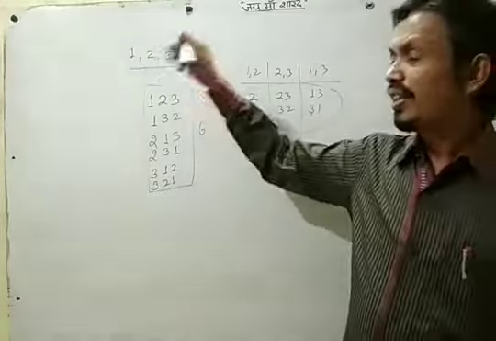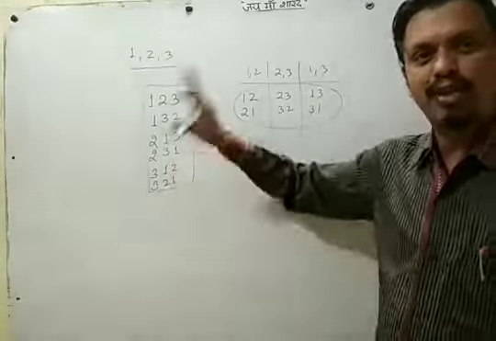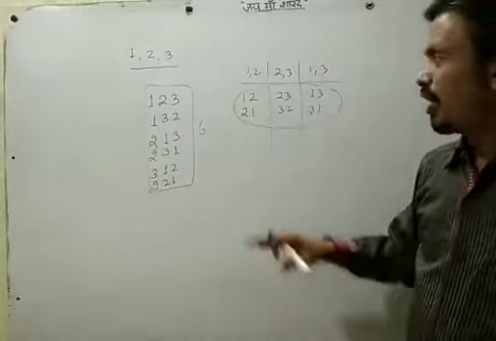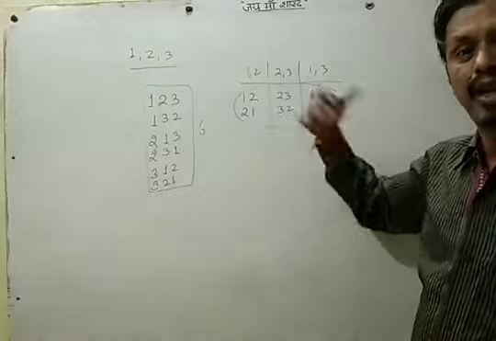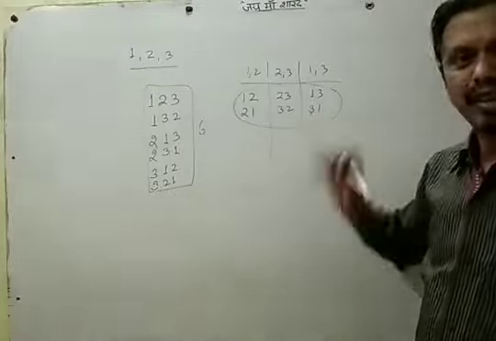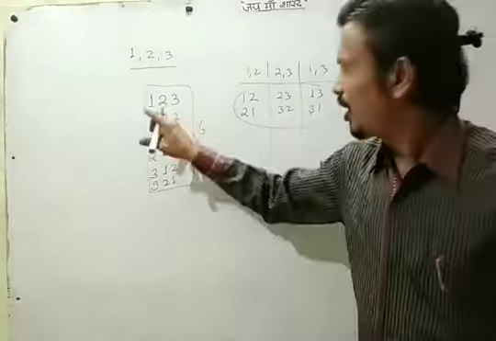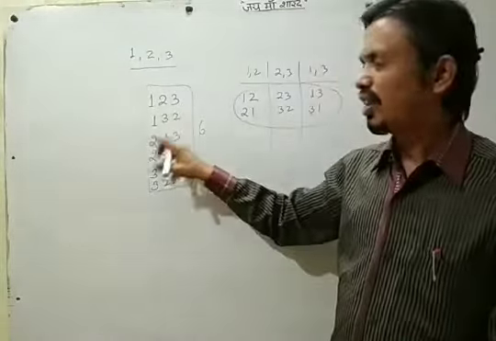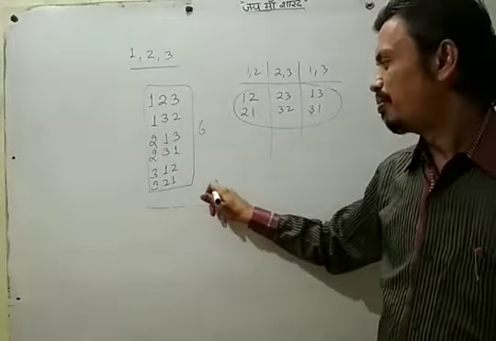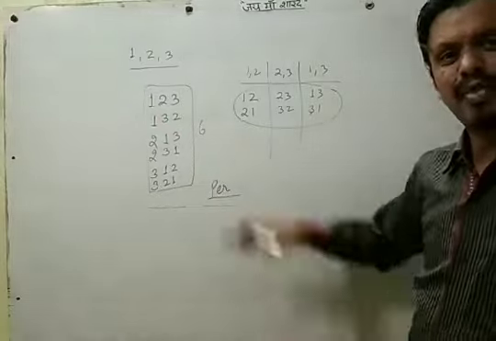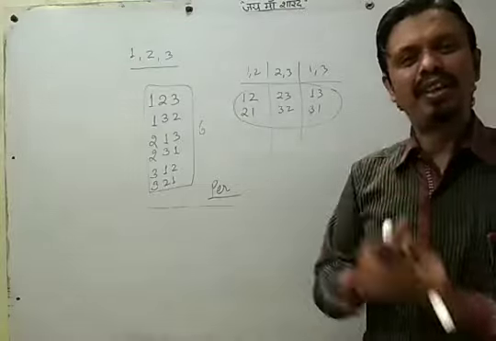So from these 3 digits, if we take all 3 and make arrangements, we can form 6 numbers, and if we take any 2 and make arrangements, again we have 6 numbers. These arrangements which we are making here, 123, 132, arrangements in a row, are called permutations. Okay? So permutation is nothing but arrangement.